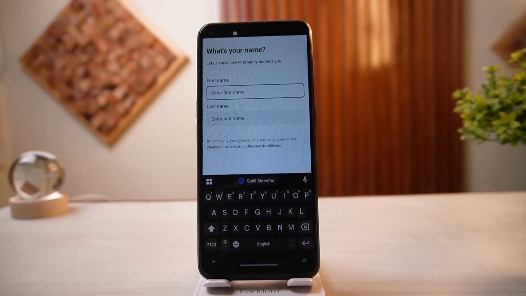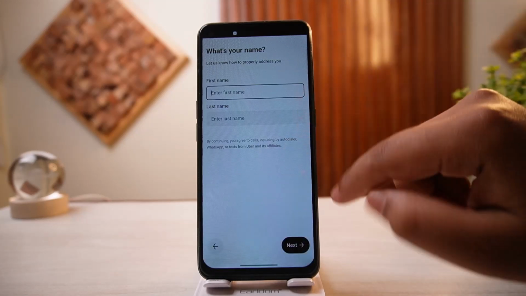Now wait for a second. Now over here you need to enter your first name and enter your last name and tap on next and